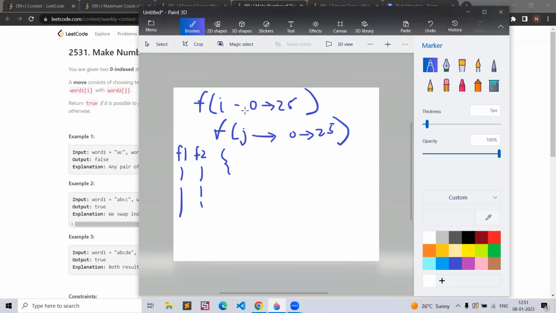Like if i is equal to 0, then we are standing on the first character, that is a in f1, and j, suppose if j is 3, then we are standing at character number d in f2. So in this we will first be checking that the frequency of both, that is f1 of i should be greater than 0 and f2 of j should be greater than 0. Then what we need to do is we will just